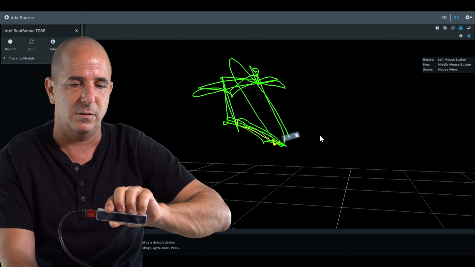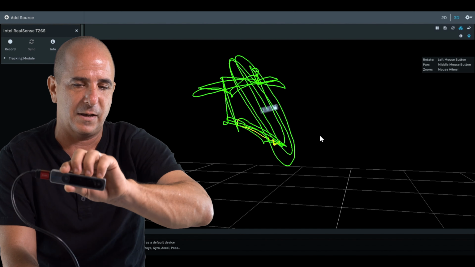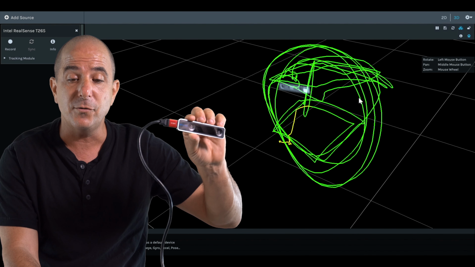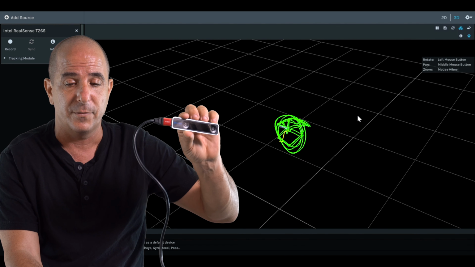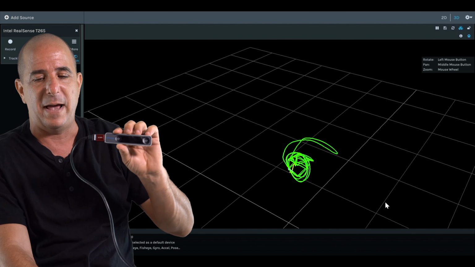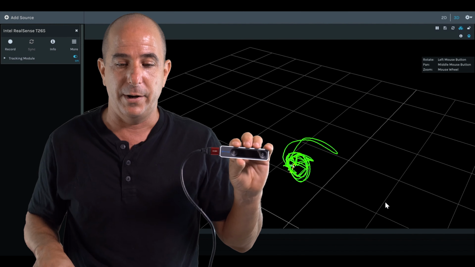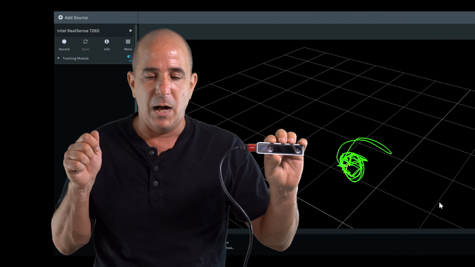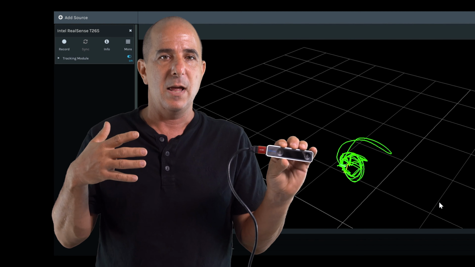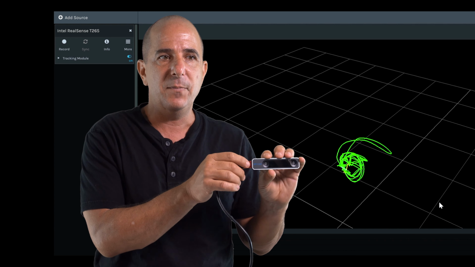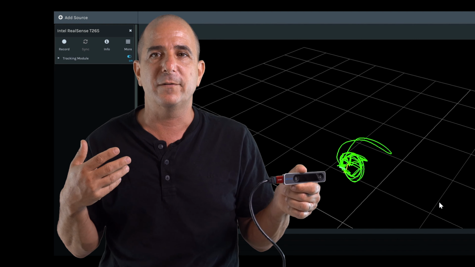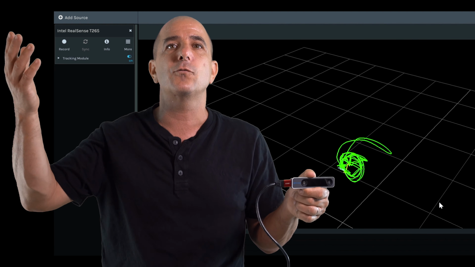So I'm doing a circle, and you might say it's not a circle, but if I look at it in 3D, then it looks like a circle. Okay, it's quite accurate. If I zoom out a little bit and move a little bit more, then you can see it all goes back. So whenever you see a green line and not a yellow line, or red, heaven forbid, this is a representation of good tracking, meaning the view of the camera has enough details for it to localize itself with respect to its last position or its recorded position.